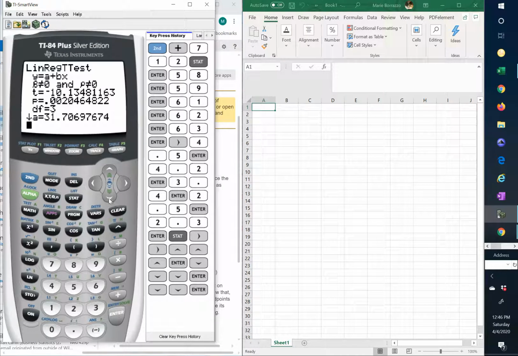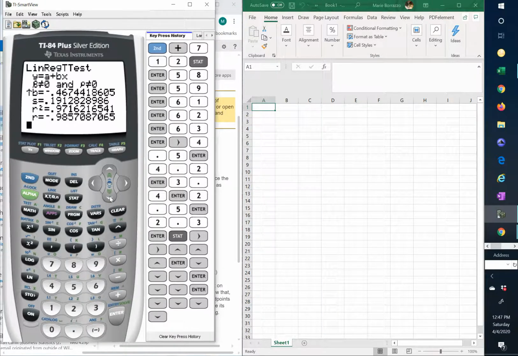Okay, and so if I scroll this value down, you'll see there's your equation. A plus bx. A is 31.7. That's your y-intercept. That's where you start if x is 0. And the b value, well, this is your slope. You notice it's a negative 0.467. You could stop there. And this is your standard error at 0.191. There's your coefficient of determination, which is predicting the effectiveness of the model. And there's your R, which is also negative 0.985. Just remember, the slope is negative, so is your